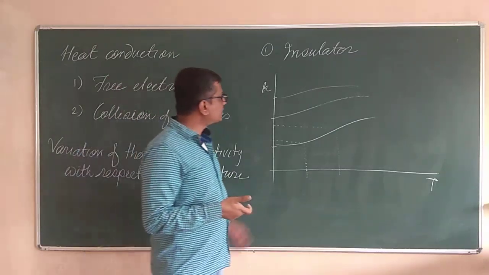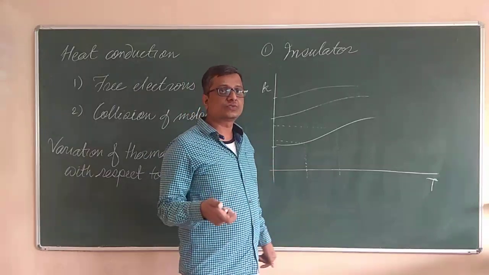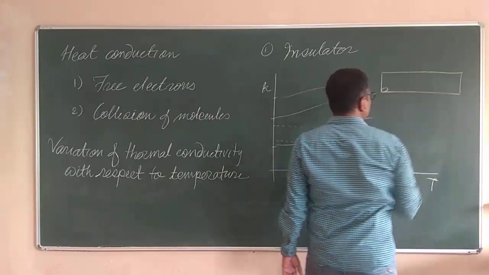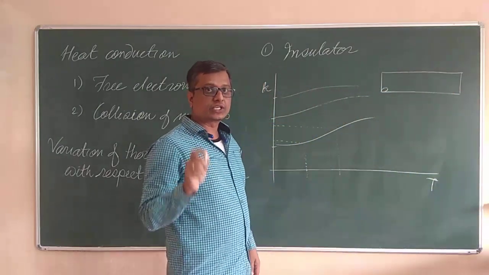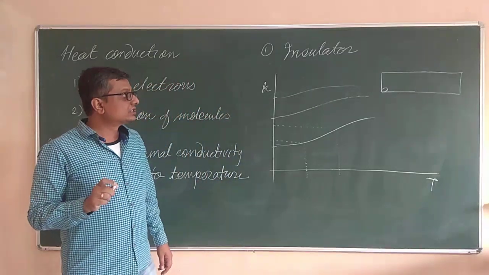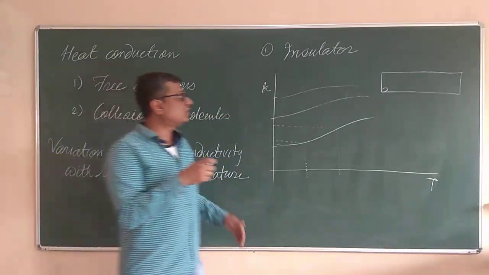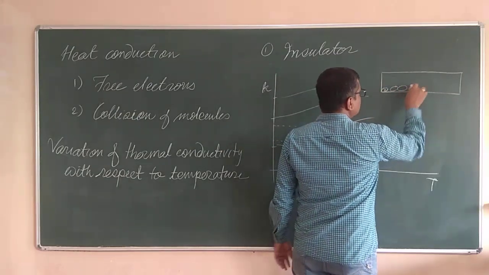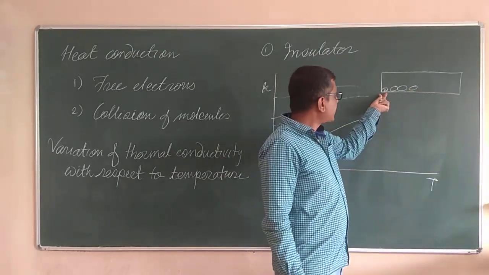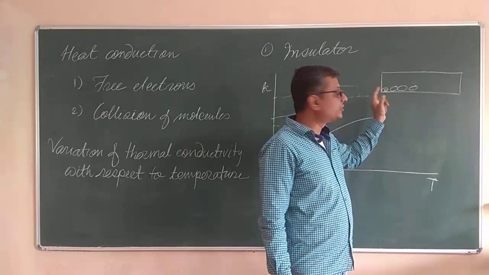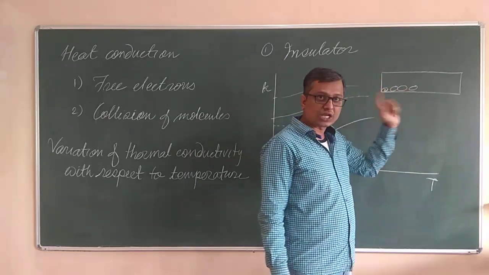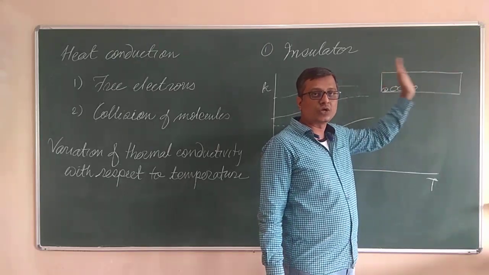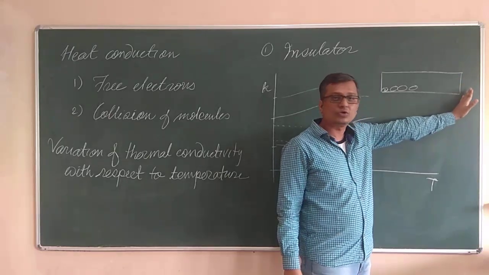Now, why does the thermal conductivity of any material increase with respect to temperature? The answer is hidden somewhere in the previous concept that I just told you. In case of insulators, the heat transfer takes place due to the collision of the molecules. As this molecule is oscillating, with this one, with this one, with this one, so as the first molecule is vibrating, at higher temperature it will vibrate with much higher speed and amplitude. It will collide with the adjacent molecule. That will also start to collide. That will also start to oscillate and will collide with the next molecule, and in that way the heat is transferred till the last molecule of that rod.